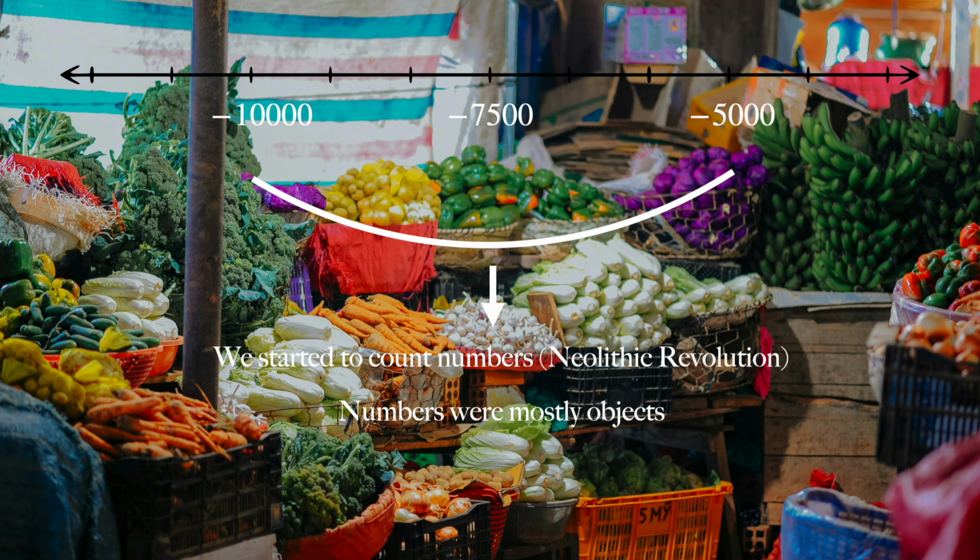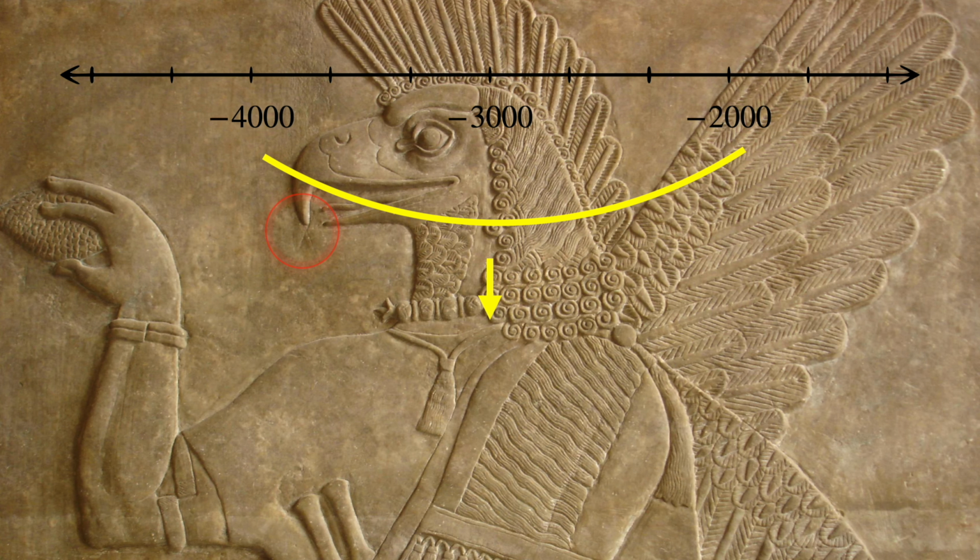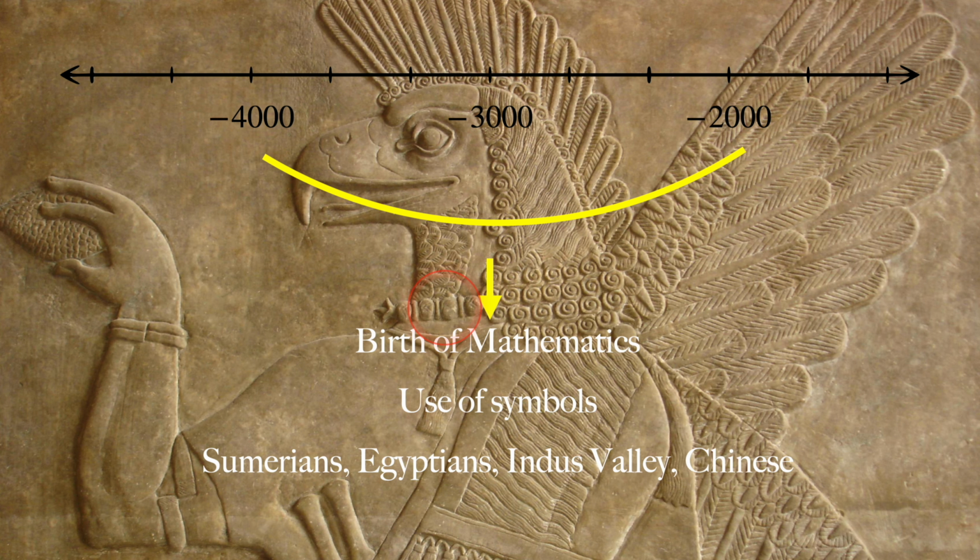They might have used some objects, maybe apples or carrots, whatever was popular or easily available, which could be used to count or as a reference in the barter system that people might have used to trade. I don't know the exact history, but I understand that this is the way people would have progressed in time. Now if we come even closer to 2025, around minus 4000 to minus 2000 BC, this is where